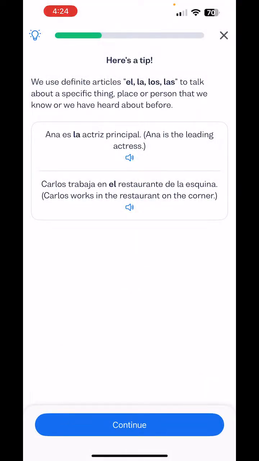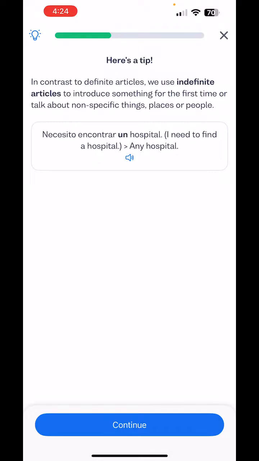We have definite articles, el, la, los, las, to talk about a specific thing, place, or person that we know or we have heard about before. So like basically nouns. So Ana es la actriz principal. Ana is the leading actress. Carlos trabaja en el restaurante de la esquina. Carlos works in the restaurant on the corner. In contrast to definite articles, we use indefinite articles to introduce something for the first time or talk about non-specific things, places, or people. So we're still talking about nouns, basically. But